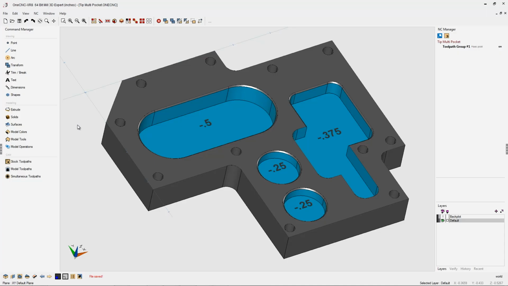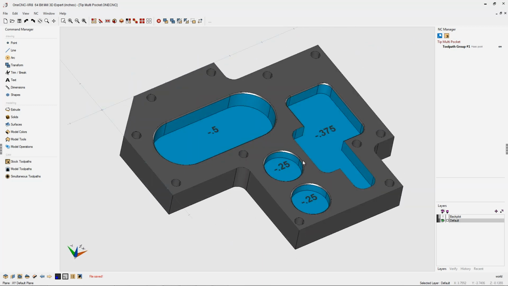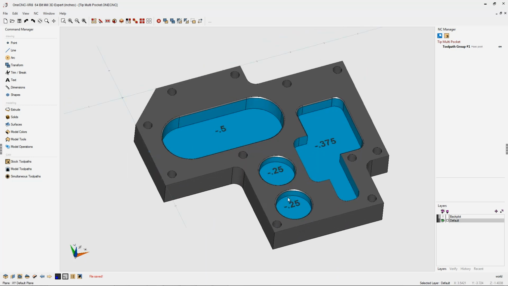In this tip of the day, I'd like to demonstrate how you can efficiently rough out pockets that have different depths. In this example, you can see this pocket has a depth of -1/2 inch, minus 375 thousandths for this pocket, and these two pockets are at minus 250 thousandths. Well, instead of applying a separate roughing operation for all these pockets, you can do it with just one roughing